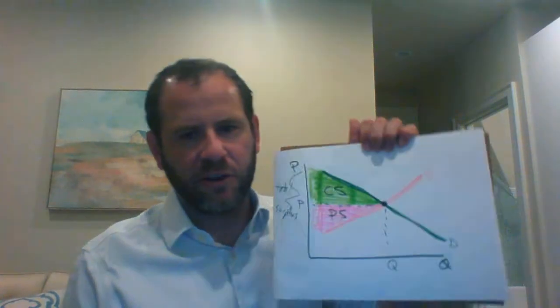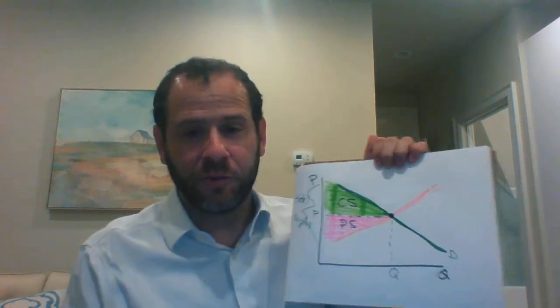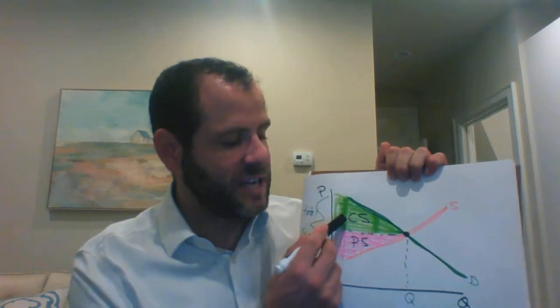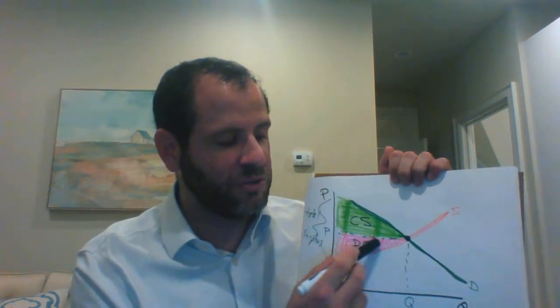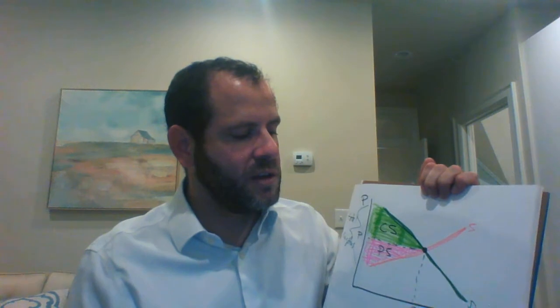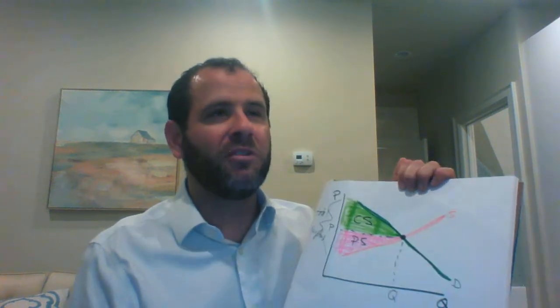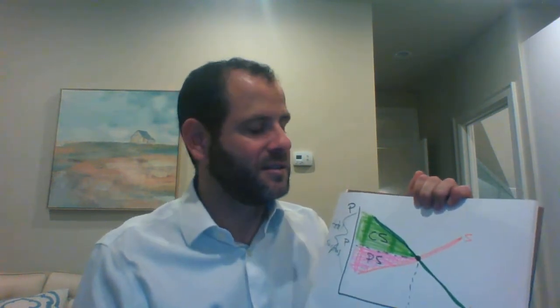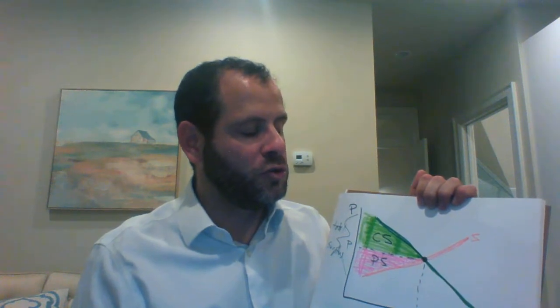Welcome back. So we've got a supply and a demand curve. We're looking at the market for dog food, and we've sketched out where consumer surplus and producer surplus are here. Now, let's think about what happens if the Commonwealth of Kentucky comes in and says, you should not be able